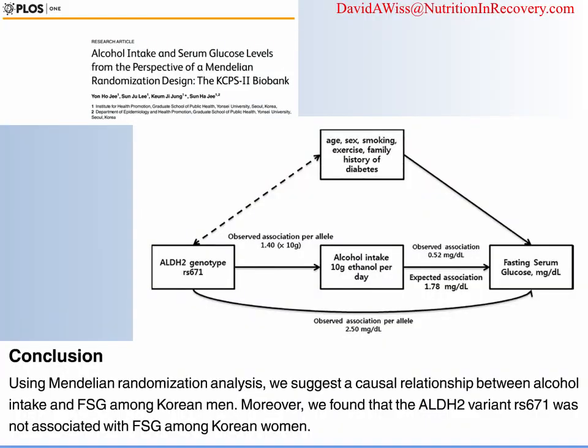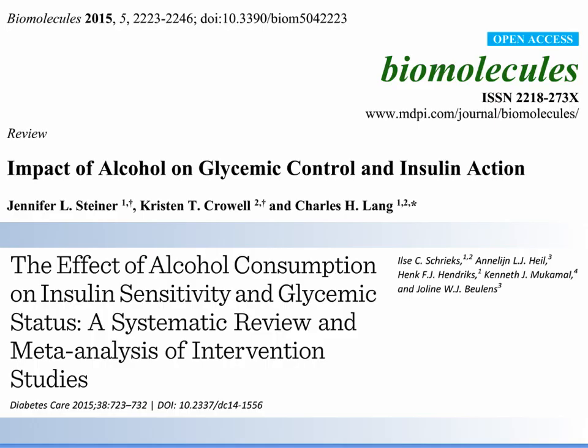This study looked at the genetic factors, the actual genetic variants that are associated with alcohol and glucose, and did find that it was different for men and women. So I think it's important to always consider social as well as biological factors whenever building a model or looking at a relationship, to look at all of it. I call it the biopsychosocial model of health.